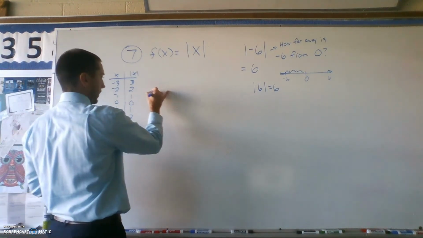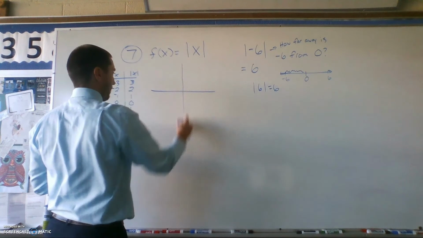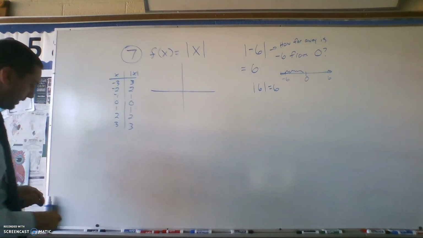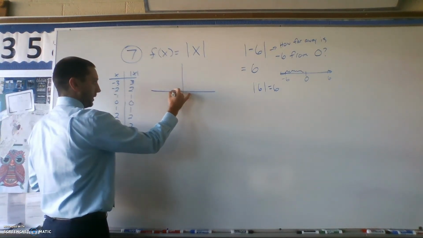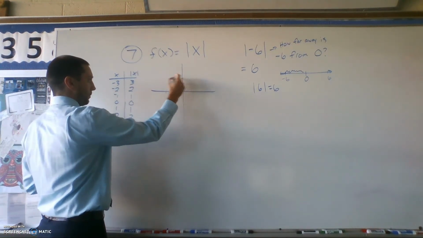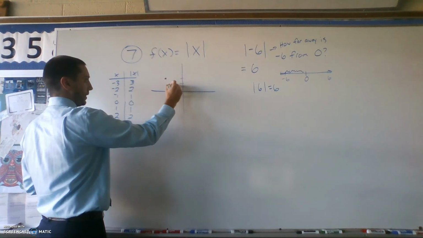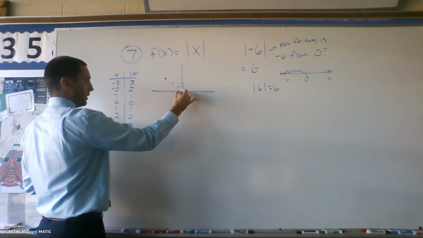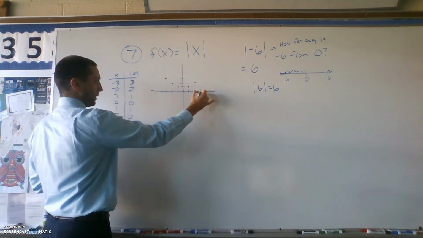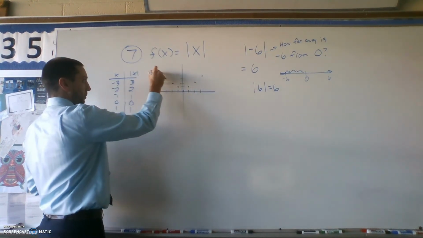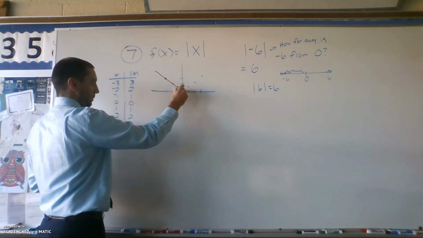So what is this going to look like on a graph? So here's my XY plane. If I wanted to graph this, plug in -3 and I get 3. Plug in -2 and I get 2. Plug in -1, I get 1. 0, 0. Plug in 1, you get 1. Plug in 2, you get 2. Plug in 3, you get 3. And so what we get is this V shape